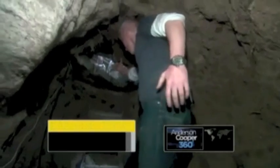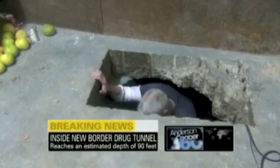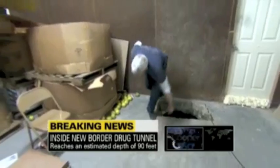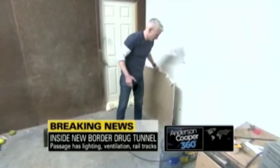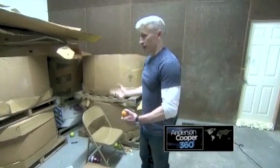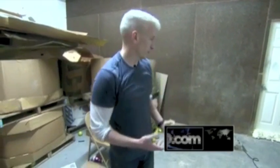And then this is the hole, the concrete flooring, and I'll show you where we are. This is where the tunnel emerges on the U.S. side. This is a warehouse in Otay Mesa. When they discovered this tunnel, it was just covered, the hole was covered with this piece of sheetrock, and there were these pallets filled with fruits and oranges and stuff, just in case somebody came by to see if this was a legitimate warehouse. It's not much of a cover, but it's amazing when you drive by this warehouse, you'd never know that this is the place where one of the most sophisticated drug tunnels they found